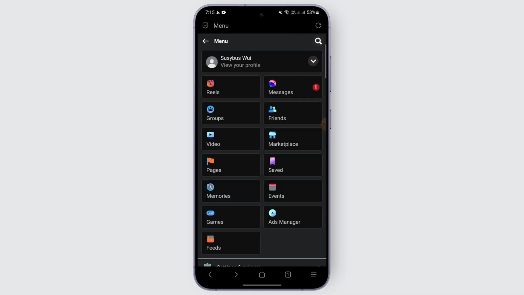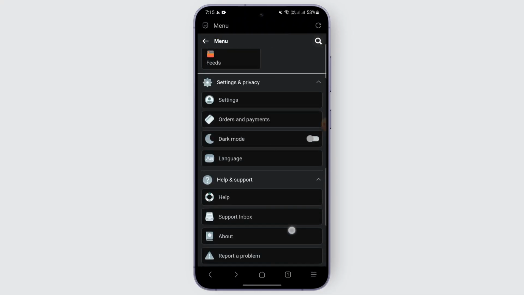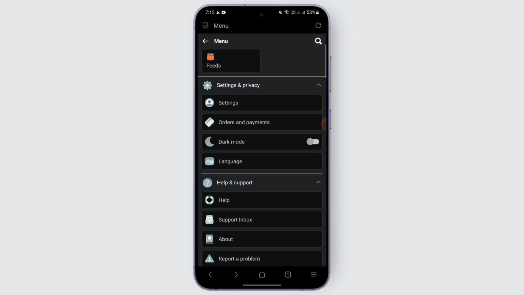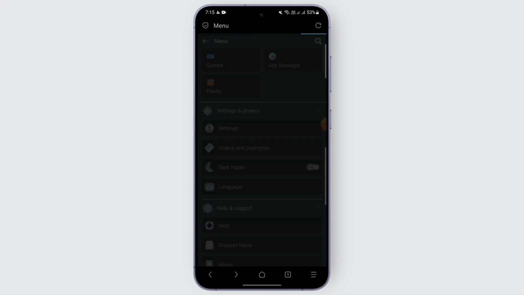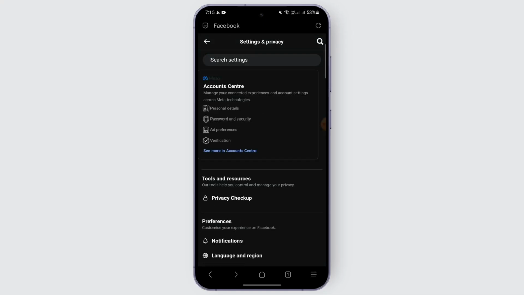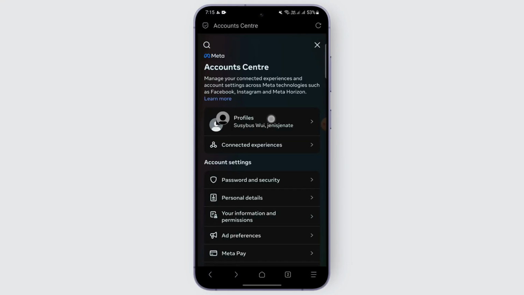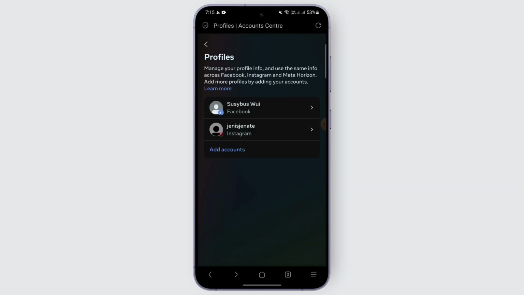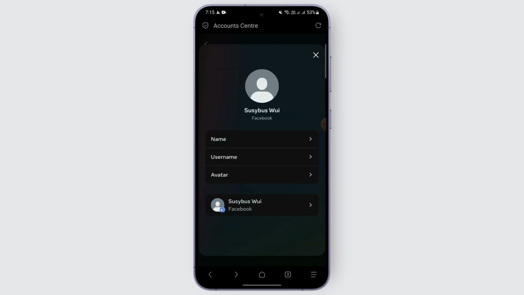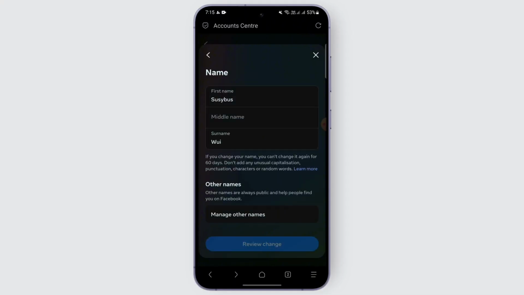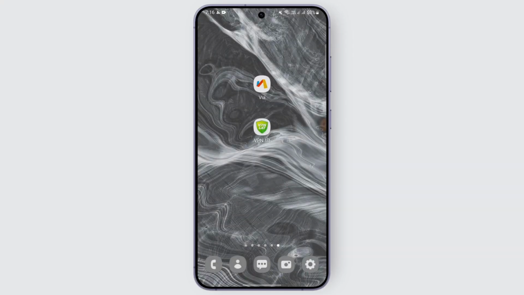After that, simply go to settings and privacy, I guess, and tap on settings. After that, you can go to your account center. Here, just tap on account center, and here tap on your profiles. After tapping on your profile, just tap on your profile, and here you'll be able to see name option. Here, just tap on name. And before going further with any changes, I want you to go back here and open VPN Lat here